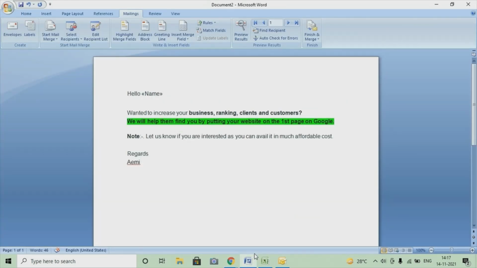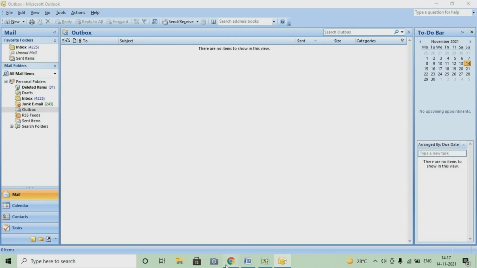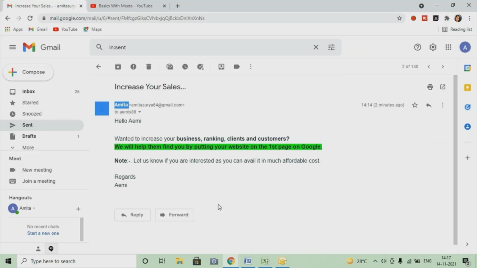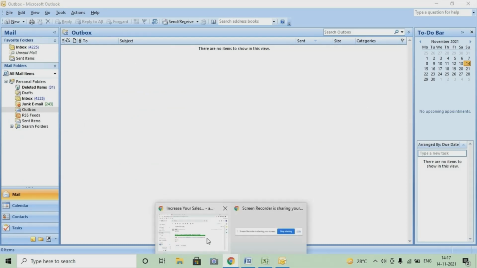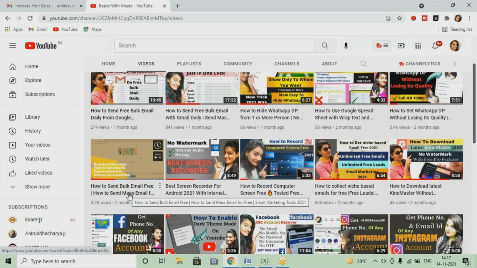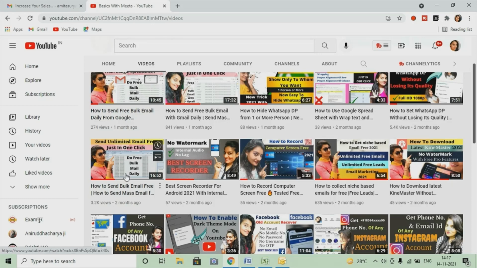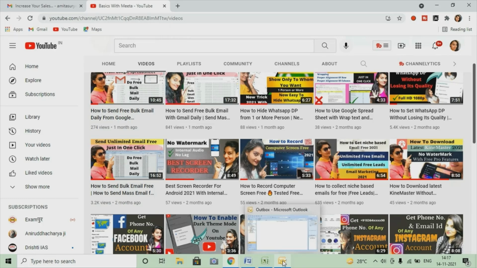So this is how you can send the emails to the recipients with their names, and you can follow this way. And for the configuration, if you don't know how to configure your Gmail ID to Outlook, I have already made a video on my channel. I'll give you the link of this video, and there I have mentioned the entire thing on how you can configure your Gmail ID, and after that you can send the bulk email. But there I had not covered how you can mention the recipient name, but in this video I have mentioned it, following the same way to send the bulk email. I have shown how you can send the bulk email using the recipient names that you have just learned.